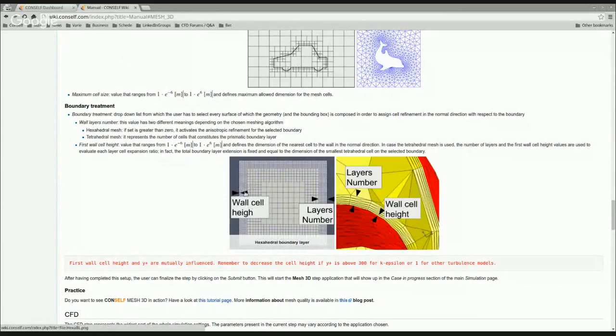The wall cell dimension defines the dimension in the normal direction to the surface that you want your mesh to have for that boundary. The layers number defines the number of cells you want to be added before allowing the mesh to be coarsened. So in this case,